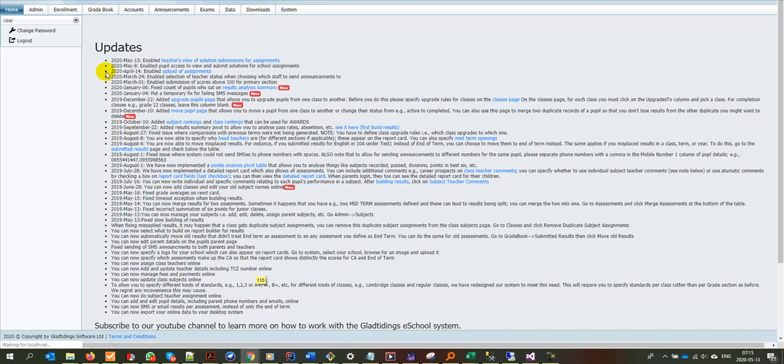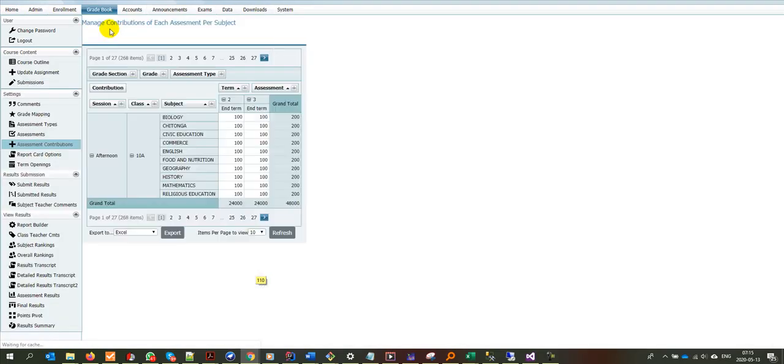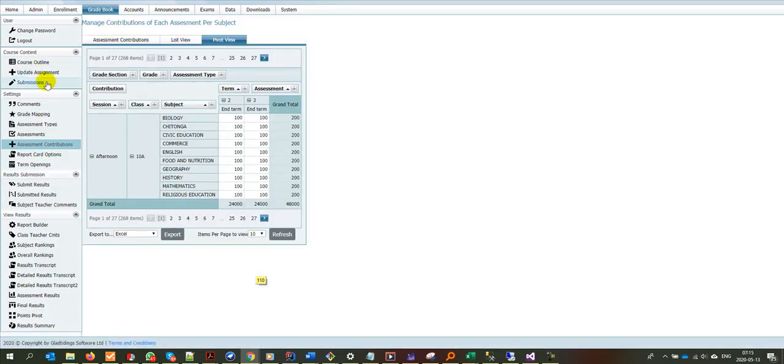So after you log in, you can go straight ahead to Gradebook. And under Gradebook is where you find your assignments. Of course, on this page you'd have defined assignments, but now you need to go to this new link that we provided called Submissions. So when you click on Submissions,